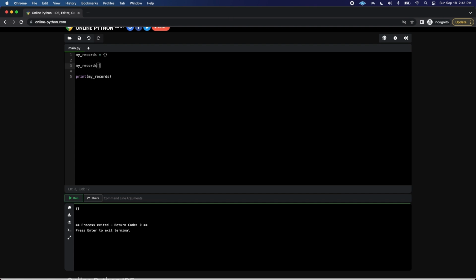So for example, sticking with the example we were using, name equals Ted. So we've got our dictionary, square brackets, a key, and then this is going to be the value. If we run that and print out the dictionary again,